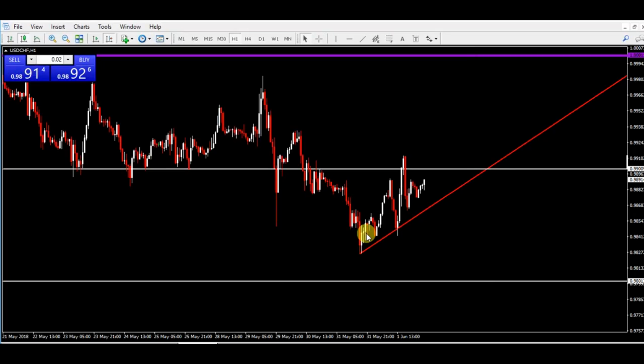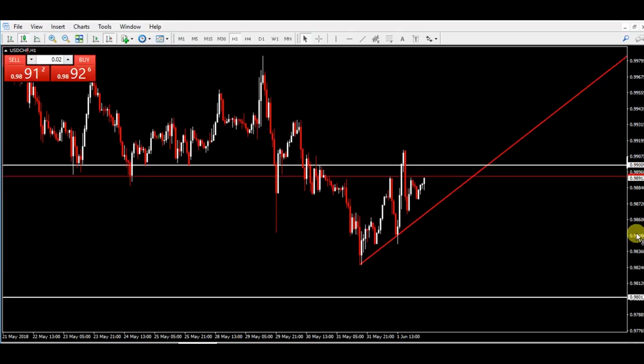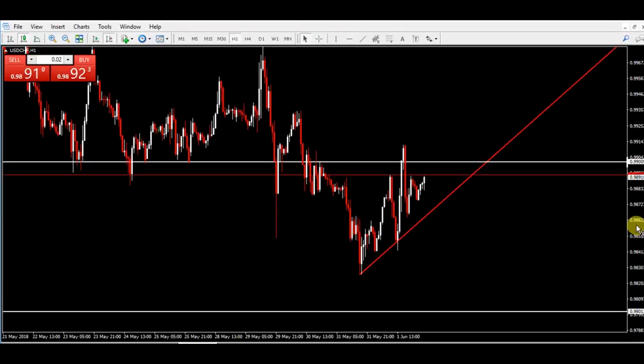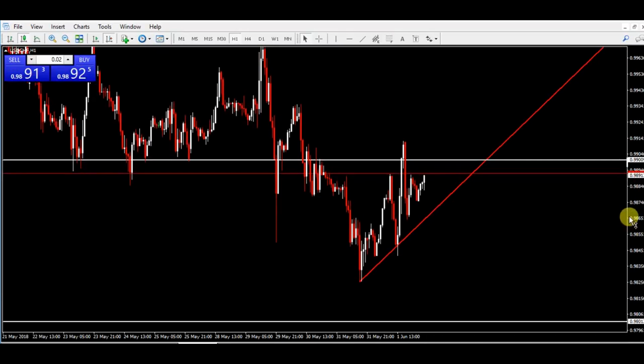So let's take it even deeper, more precise. Let's get even more precision with it. All right, let's take it down to the 30-minute now. Following the same rules, just looking at the same things that we're seeing on the higher time frames, and looking for those same rules to be met and those same things to happen on the lower time frame, in correlation and confluence with what's happening on the bigger picture. It's literally that simple.